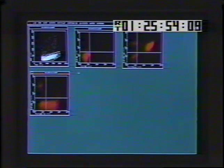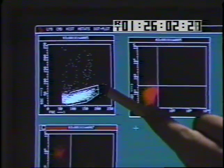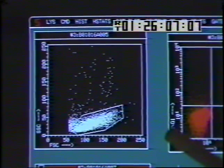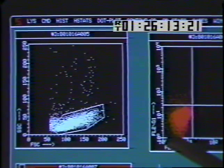What we have on this screen are 4 pictures of a childhood leukemia. We start up here and define the cells which we want the flow cytometer to examine. These cells are then looked at in 4 different windows. In this first window, we are